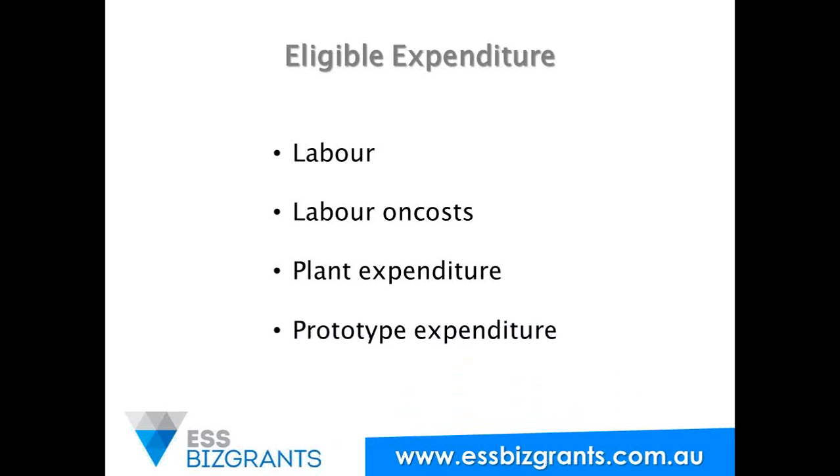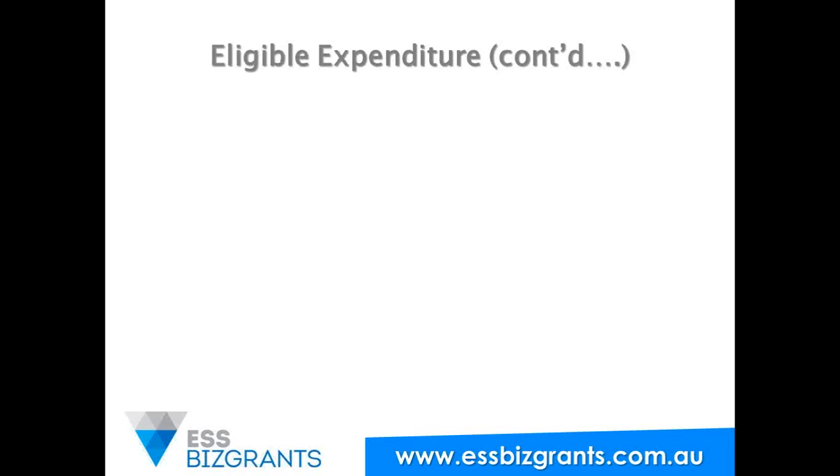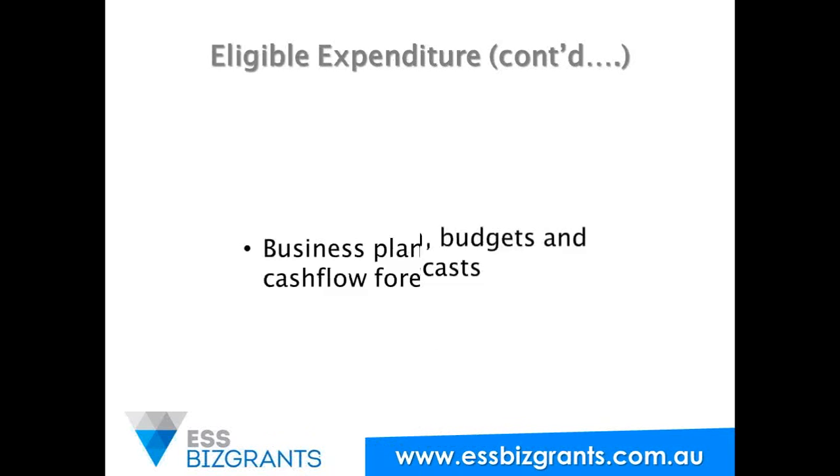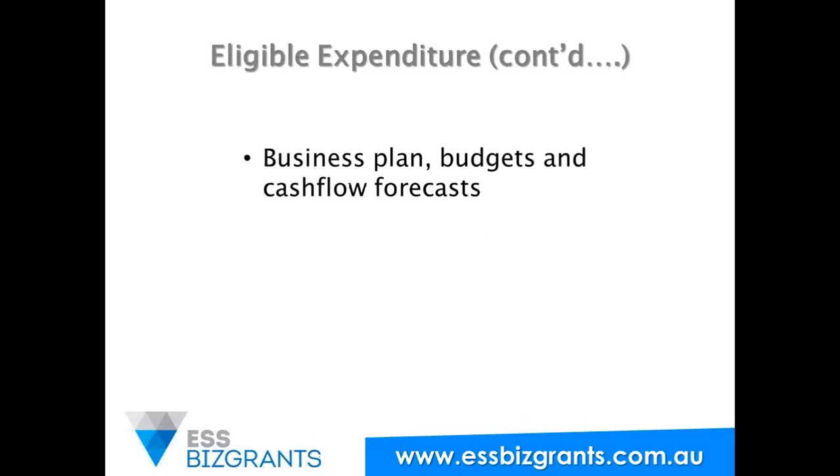Prototype expenditure is the next item of expenditure. The applicant will need some sort of prototype when they initially make their application, but if there's further expenditure that's going to be necessary on the prototype itself, this might have come out of various discussions with potential customers or distributors, and there needs to be more expenditure on the prototype. That can be covered. Business plans, budgets and cash flow forecasts, similar to what was allowable under Commercialisation Australia, is